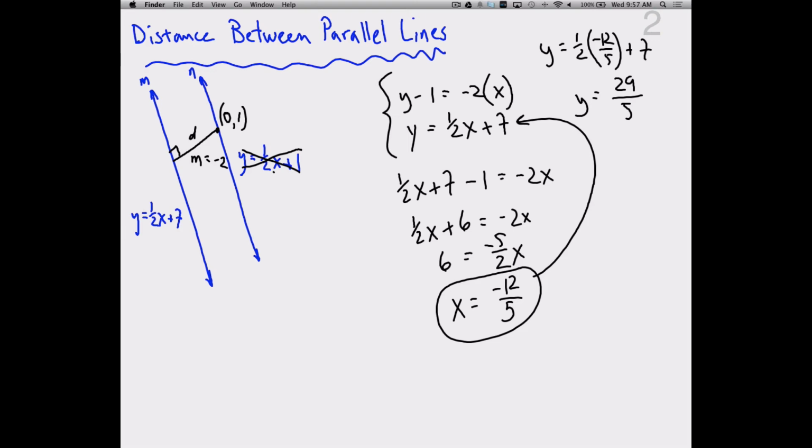So, this point is -12/5, comma, 29/5. Therefore, the distance is equal to